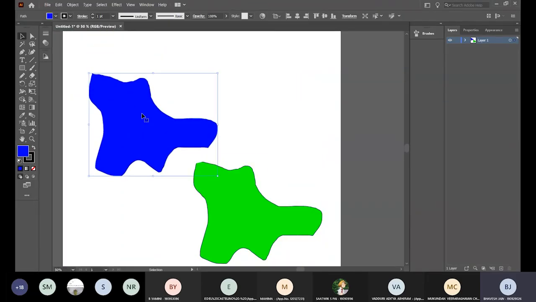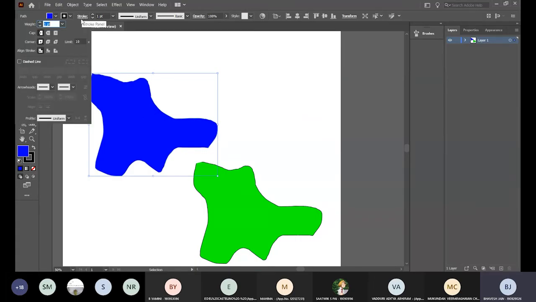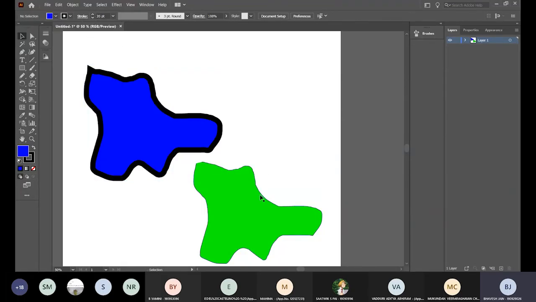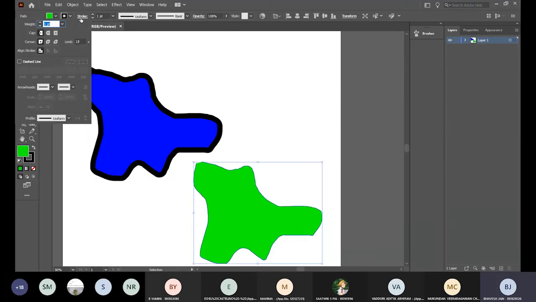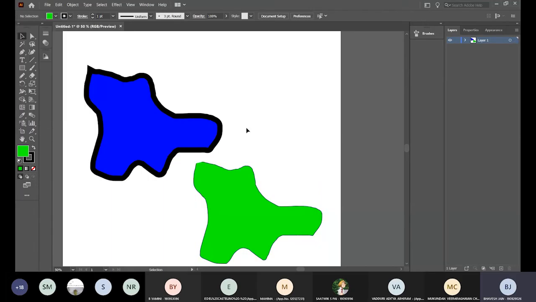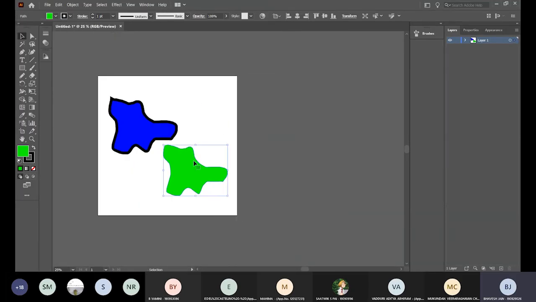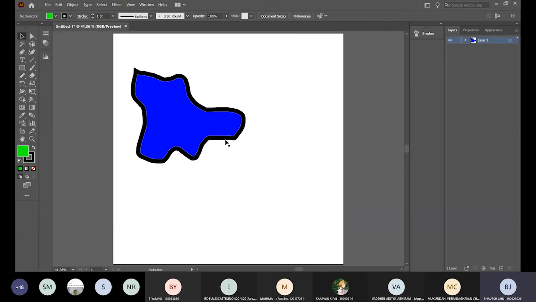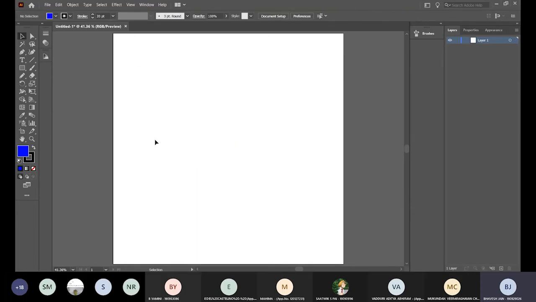The second implication is something which is more visible when we come to strokes. So I can move the stroke outwards. I increase the size of the stroke a bit. But here we will not have those options. See, there's only one align stroke option. This is because the various align strokes work only and only with closed shapes. Your basic shapes are all closed shapes. So this is one thing that you need to keep in mind whenever you're working with shapes, the open and the closed shape thing. It's always a good practice to go for closed shapes.